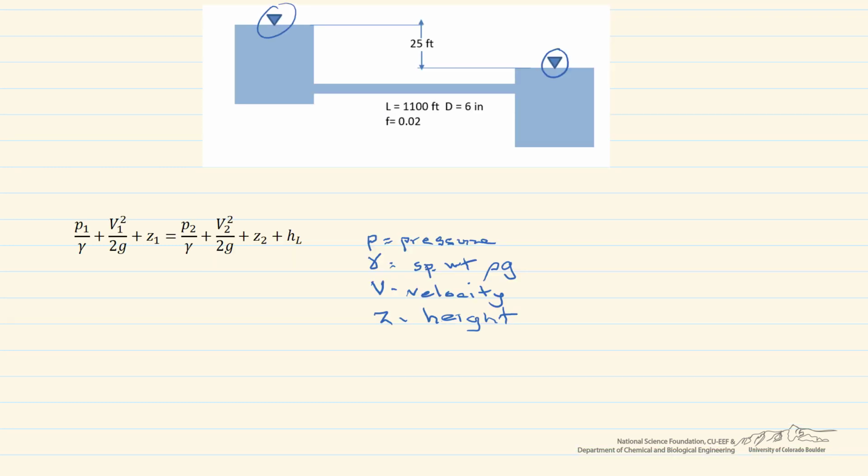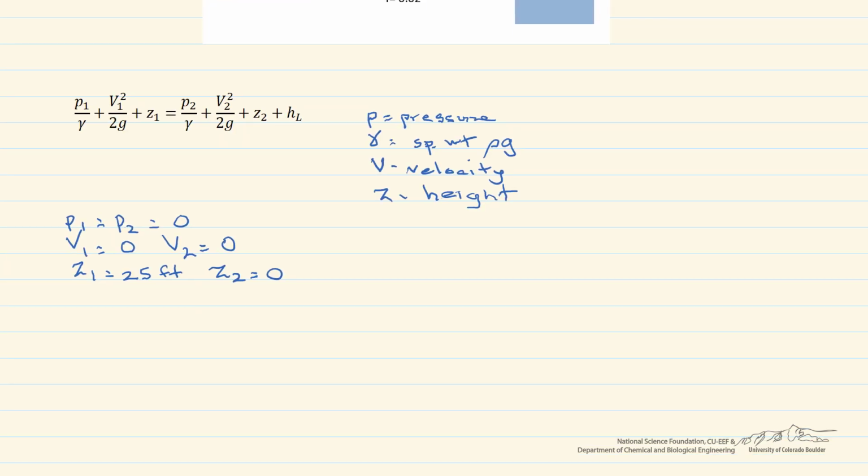Looking at this, it indicates that it's at atmospheric pressure. Therefore, we can say that P1 is equal to P2, which is equal to 0, where this is 1 and this is 2. In addition, because you have a large reservoir diameter going into a smaller diameter, you can say that the velocity at the top is equal to 0. So V1 is equal to 0 and V2 is equal to 0. And then Z1 is equal to 25 feet and Z2 is equal to 0. What we're left with when we simplify is that Z1 is just equal to this